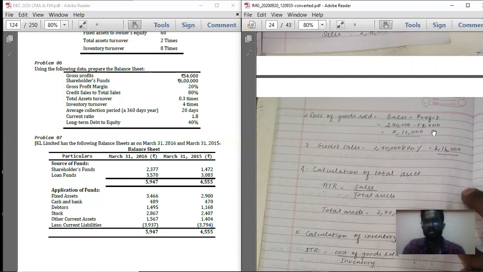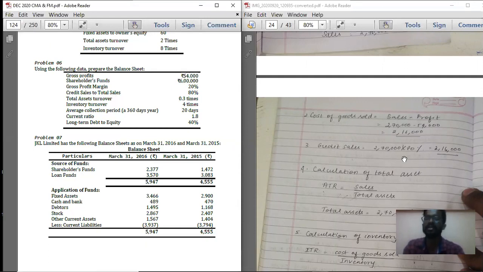Below that, point number 3. They have given credit sales to total sales is 80%. So we know total sales is 2,70,000. Out of that, 80% is credit sales. So point number 3, credit sales is equal to 2,70,000 into 80%